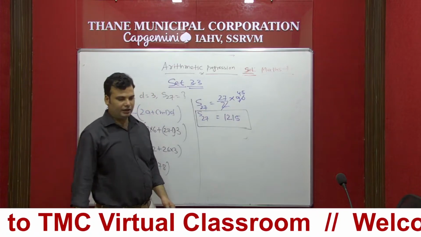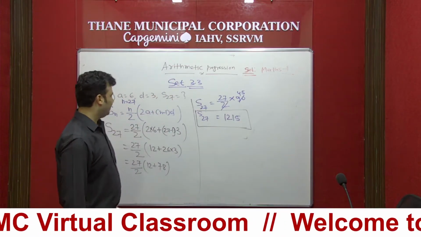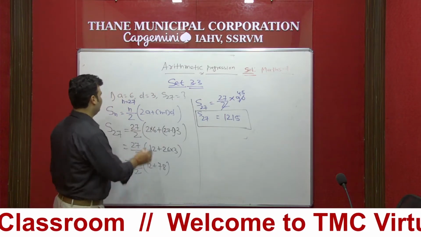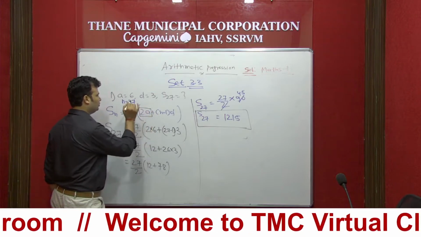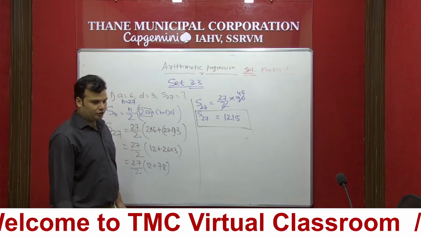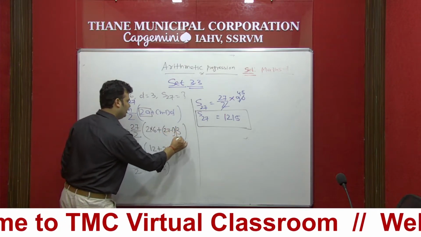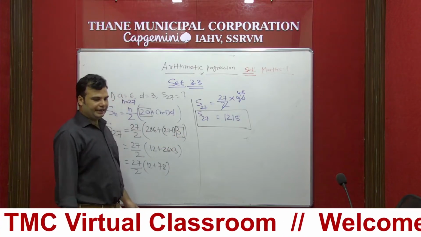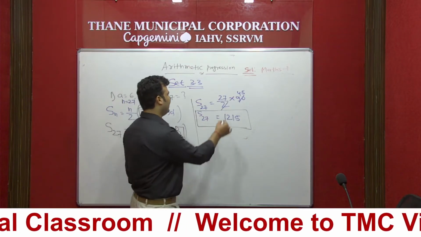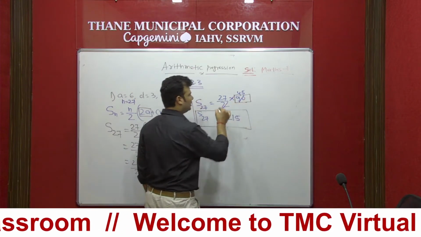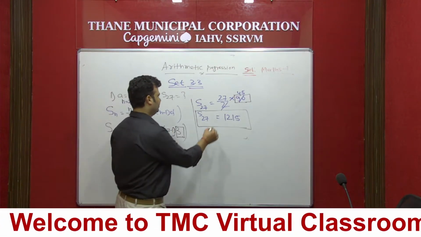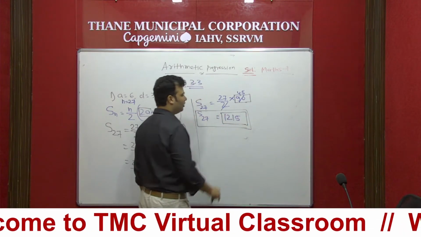Now you can see in your textbook, bracket part is given, the first part, that is n upon 2, so 2a. So this is your first box, 2a. Next is given 27 minus 1 d. So d, what is the value of d? That is 3 only. Next box is given 27 upon 2 into what? So that is 90. So in place of 90. So इसलिए मैं आपको बोला था पहले आप उसको सॉल्व कर लो, बाद में आप बॉक्स दो. And last answer is 1215. So that is 4 boxes, 2 marks.